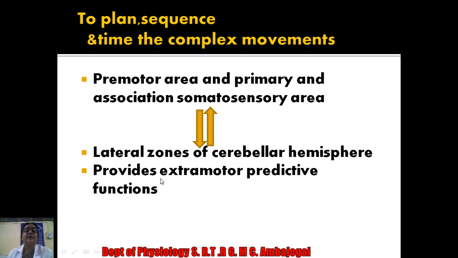And if all these movements are going on, the important function in this planning of sequential movement is the judgment of the predictive action in the next second, and for that function the cerebellum helps to provide extra motor predictive function to carry out the repeated sequential movement one by one. This is possible mainly through the connection of the climbing fibers and the Purkinje cells, which is very important to provide extra motor predictive function as well as the learning action of the cerebellum.